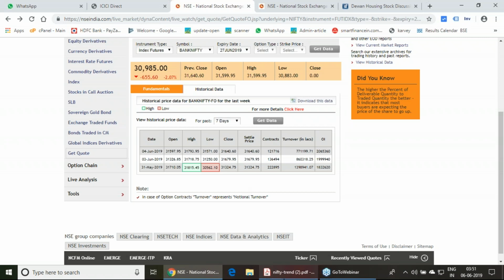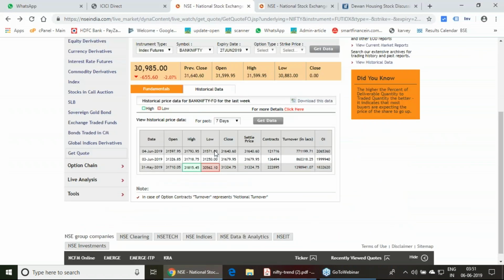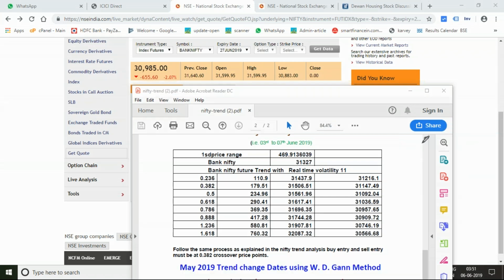Look into the Bank Nifty. Bank Nifty also we have given. Today Bank Nifty high was 31,600, 599 point something, 31,600. So Bank Nifty, these are the calculations we have given. Today's open was 31,600 and that was the high, and the low was